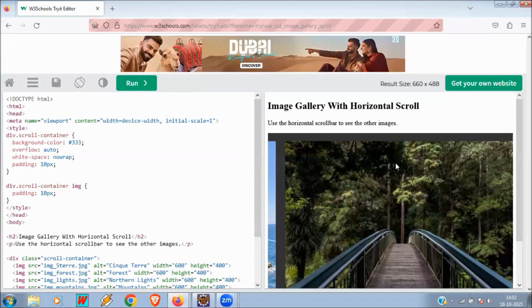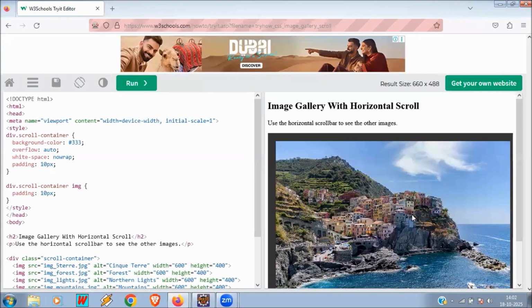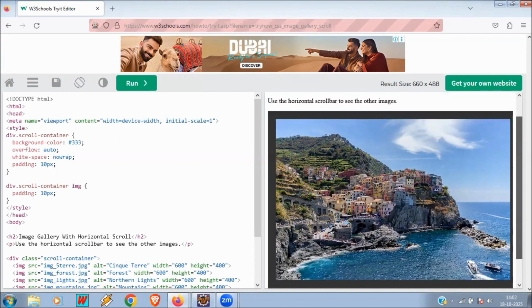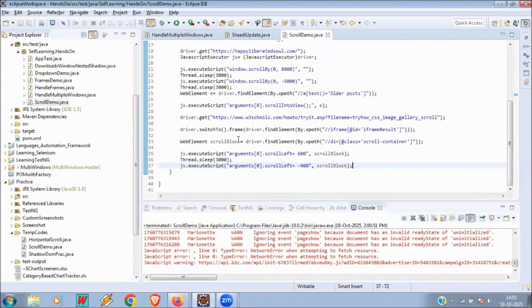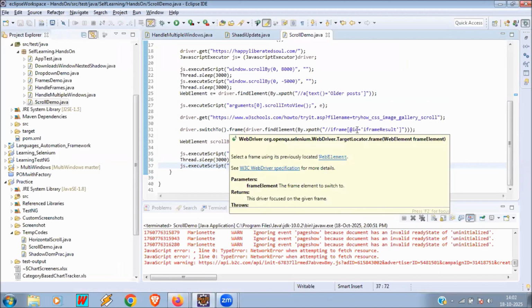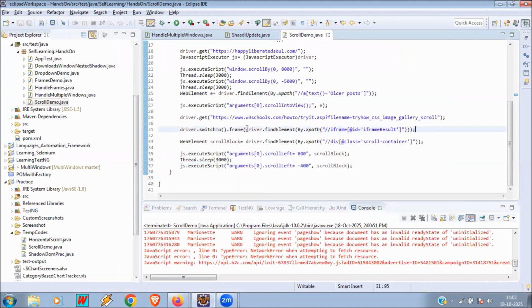You see, it performed some sort of scrolling, waited, and then it scrolled back here. So this is how we can perform the horizontal scrolling inside the block, which was a div in this case, which was inside the frame. So first we switched to the frame using this